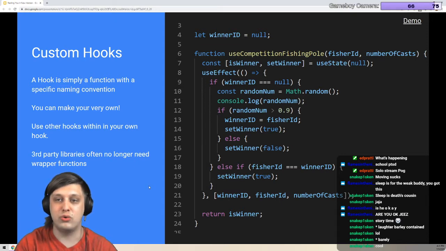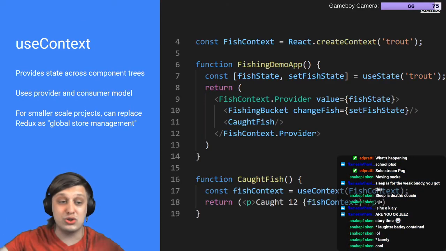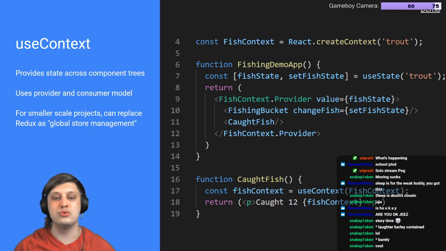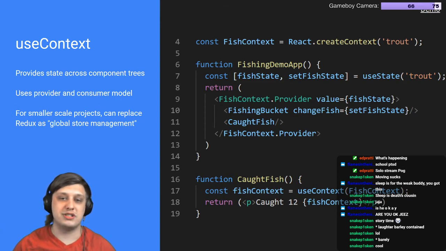So very cool. But wait, there's more. There's not just those two hooks. There's tons of others. Let's go over a few of them. So useContext, right? If you've ever used React and have come across the context pattern, it's super, super cool. So one of the big frustrations with something like